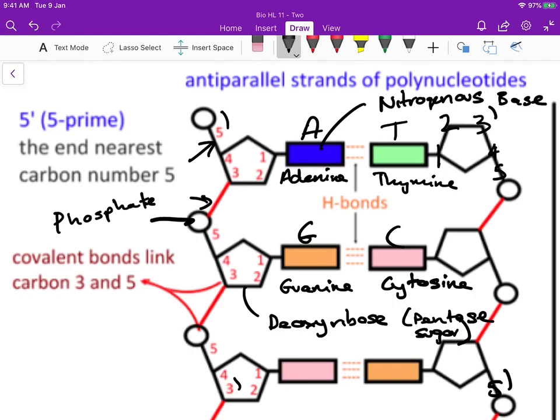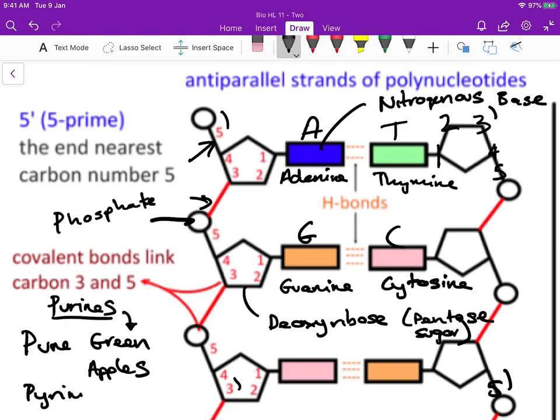Okay, what else can we label here? We could talk about which ones these are. So pure green apples, the purines are G and A, and the pyrimidines are the remaining ones, T and C. So a way to remember that is pyramids took